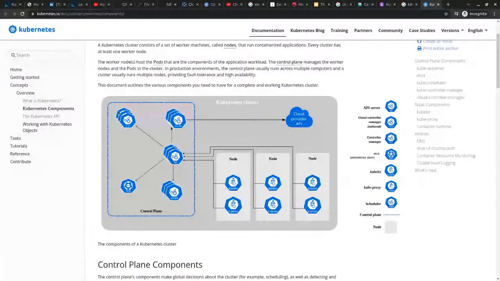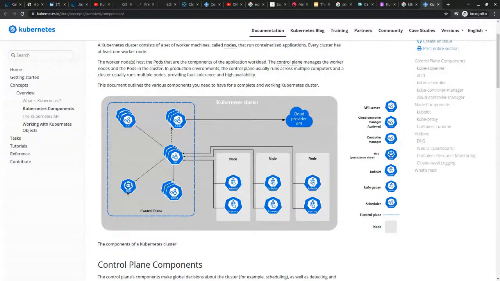So for example, if I want to schedule a pod, somebody will run kubectl, let's say create deployment, and the deployment will create pods, but the pods cannot be scheduled yet. They will be in a non-ready state, pending. So the scheduler will check with the API server. What happens actually, most of these components in the control plane are stateless. The only thing that is stateful on the Kubernetes control plane is etcd.